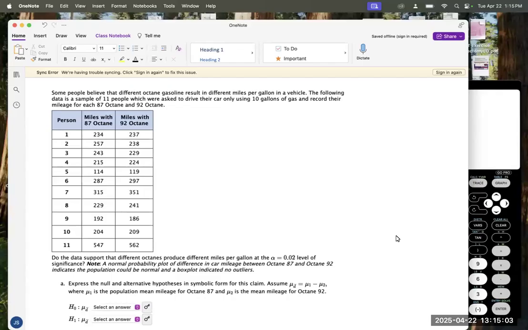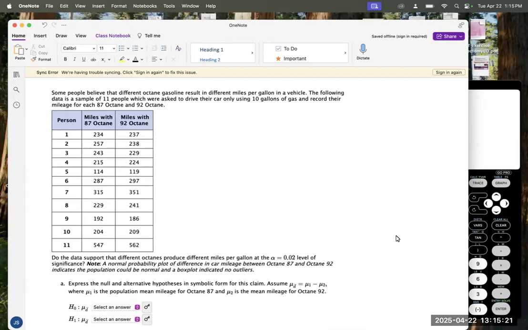Hello, this is a match pair design example. Some people believe that different octane gas results in different miles per gallon in a vehicle. The following data is from a sample of 11 people who were asked to drive their